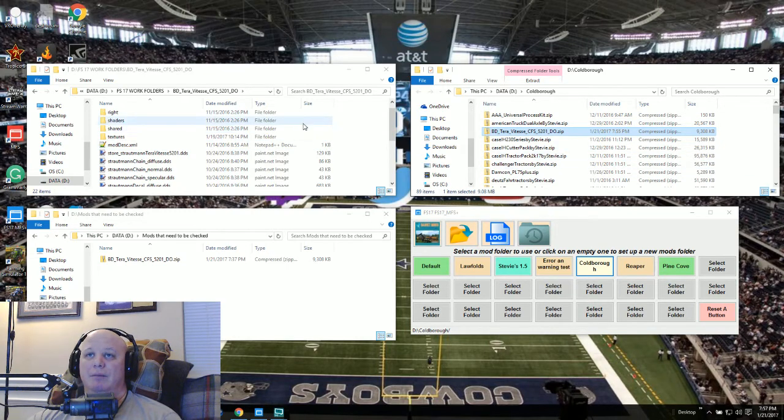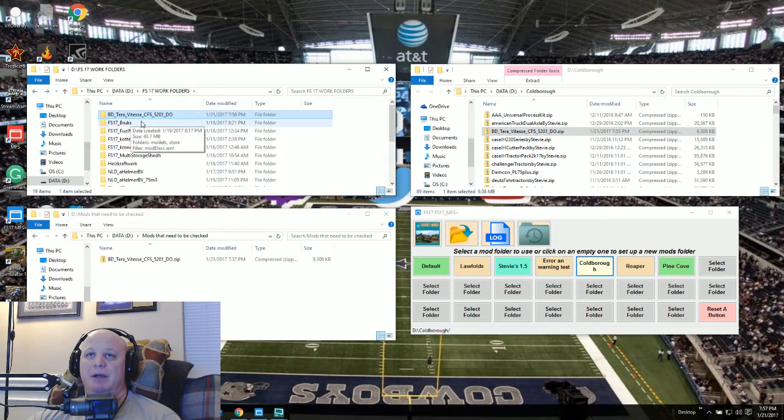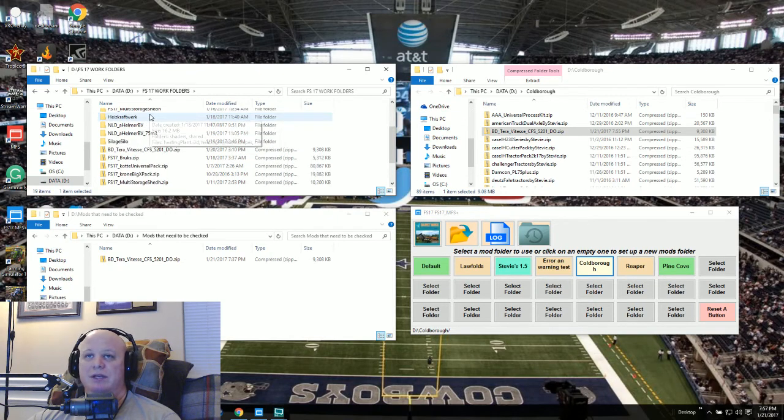Okay. Now we're back over here in the work folder. I hit the back button. That's it. That file will stay like that. I don't change that file. I don't want to rezip anything. The main thing is,